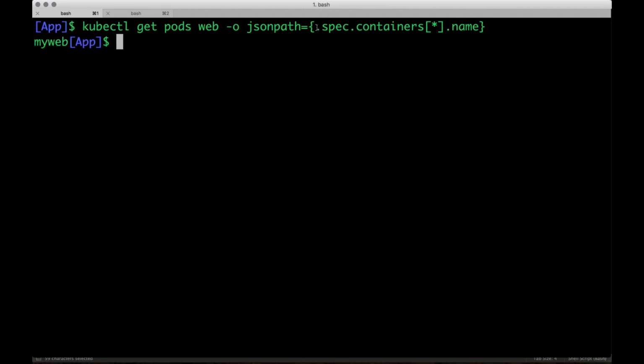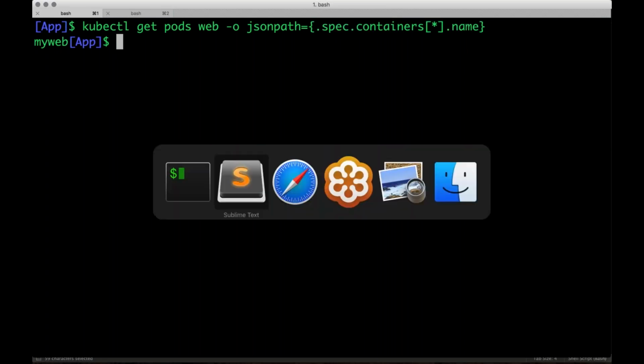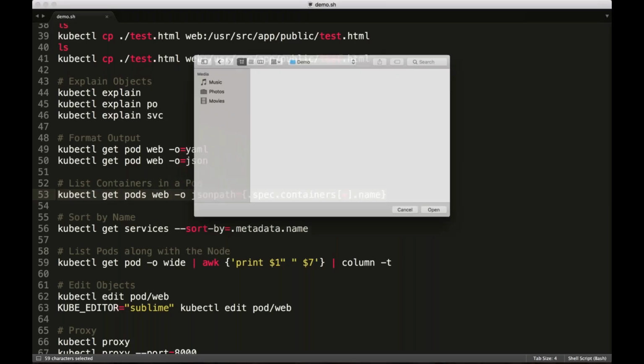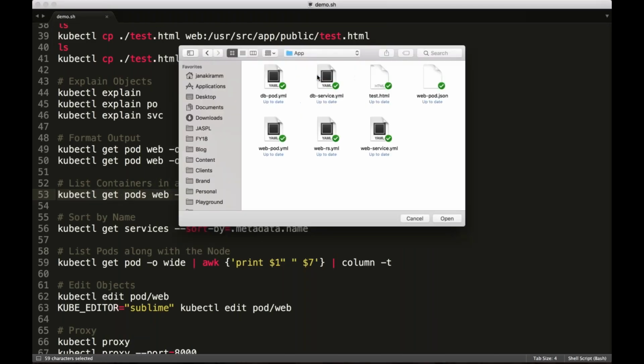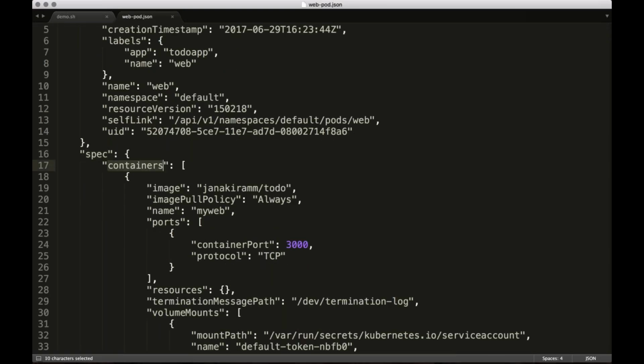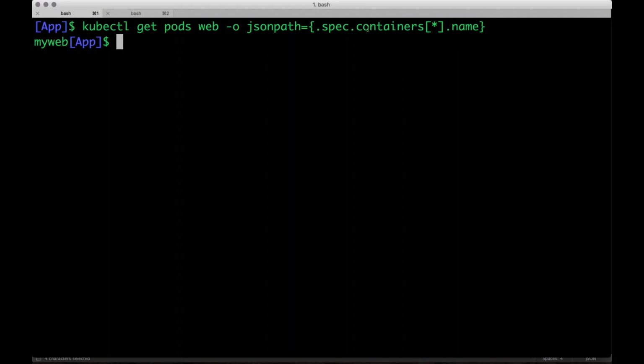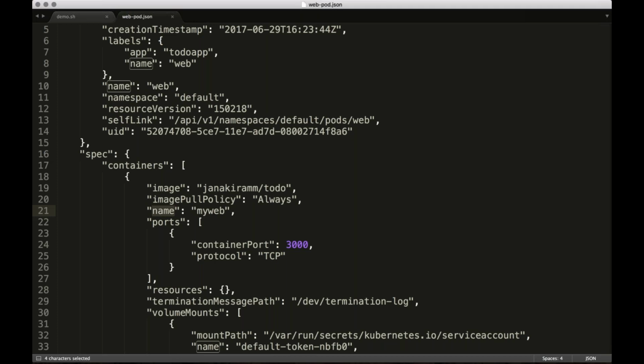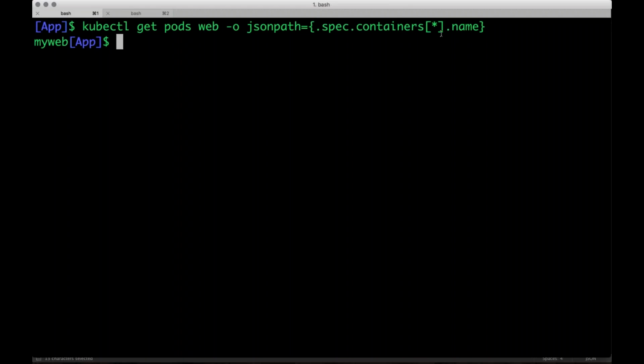And if you're wondering where this is coming from, this is actually a part of the JSON spec that we have just explored. So now if you actually open webpod.json, and if you look within spec, there is containers and there is name. So whatever you want to print, you just need to replace the JSON path with that. For example, if you want to print what is the port that this pod is listening on, it will be obviously spec.containers, and within that you can mention,